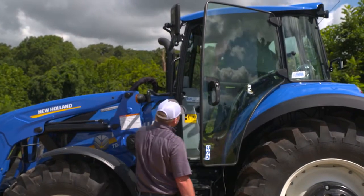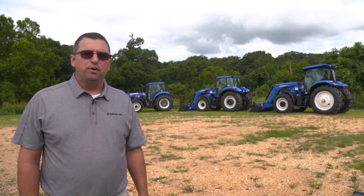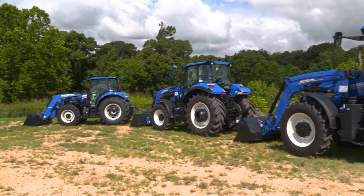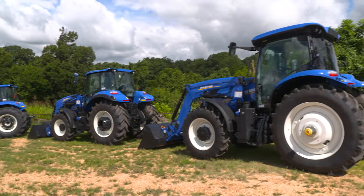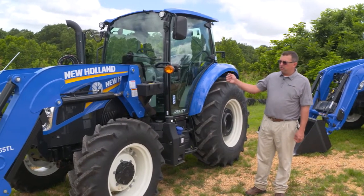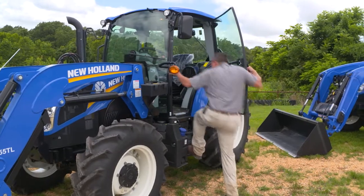From a New Holland tractor offering, there's really three different families of tractors that cover that 100 horsepower range. A lot of overlap, but yet some distinct differences whenever you compare a Power Star to a T5 to a T6 series. Each family of tractors has a different set of specifications and configurations available, best suited to the various customer needs. We have our Power Star series of tractors here, and they provide a good all-purpose utility type tractor. When we take a look at the controls of the cab,